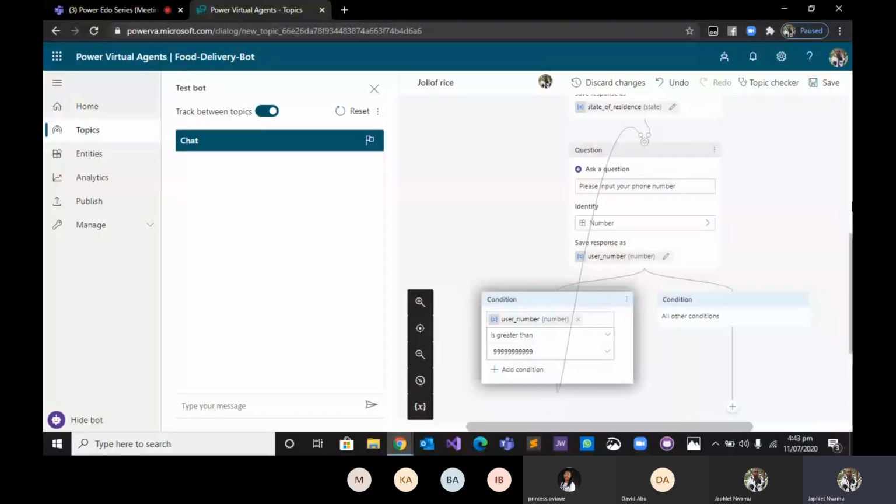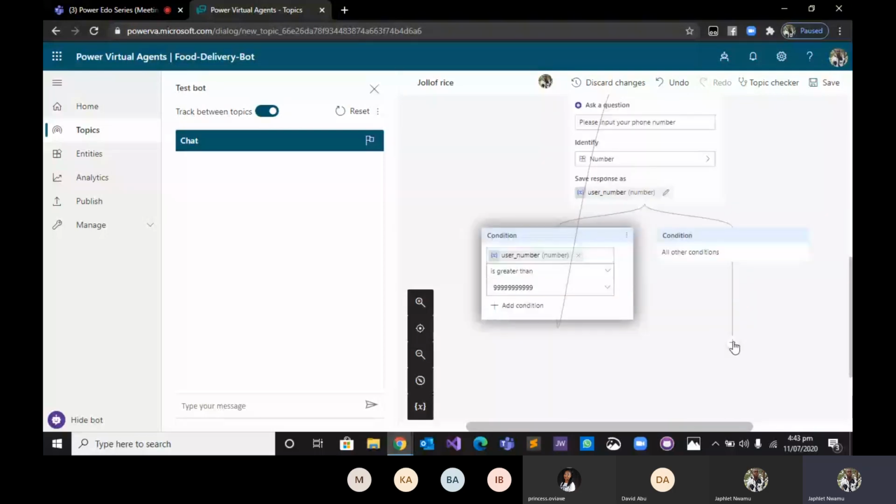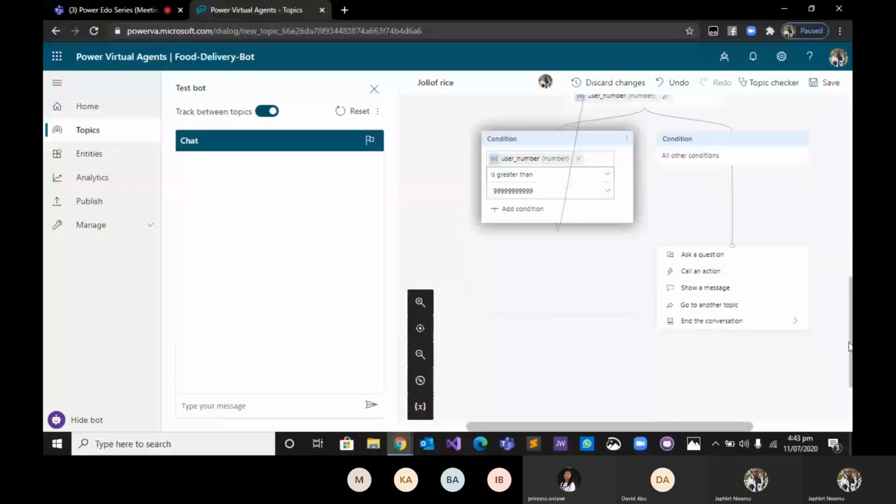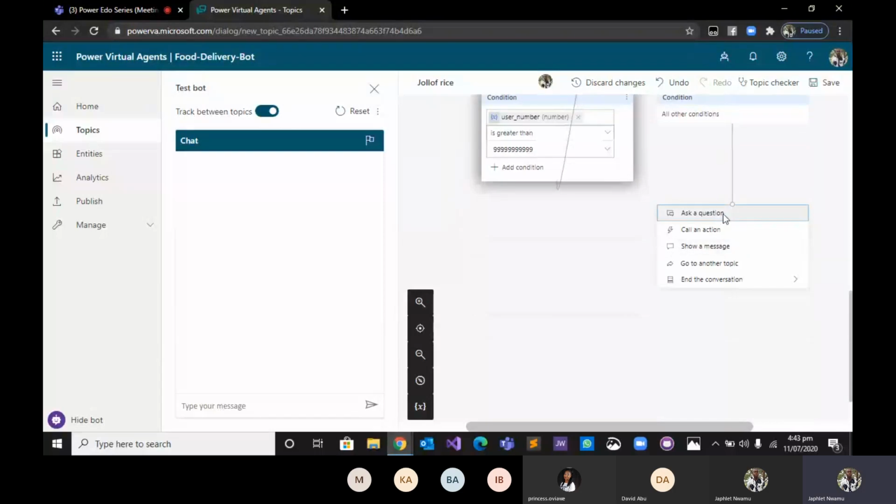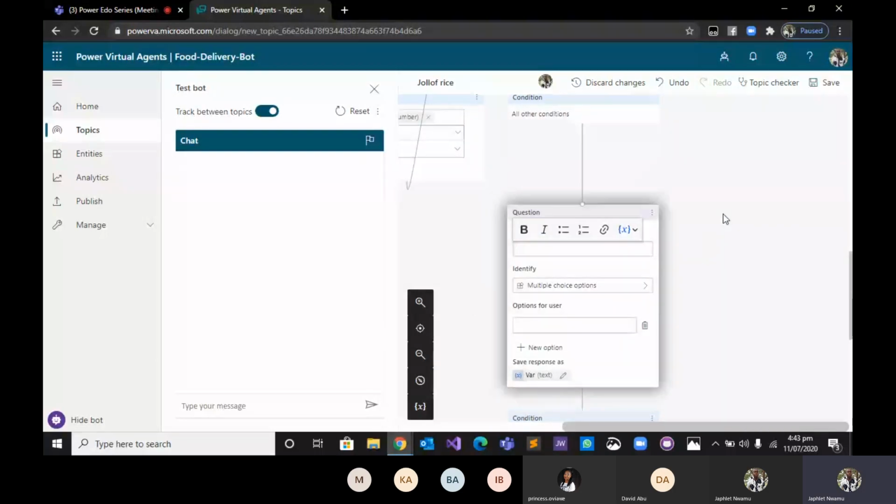Now, if it is not greater than this, then we move on and go on with this. So now we've gotten the user's phone number, the state and the house address.